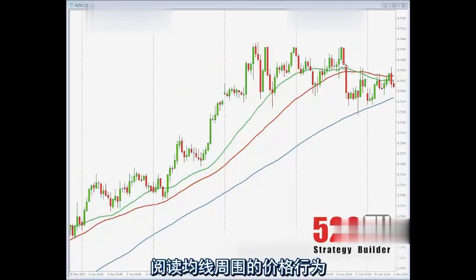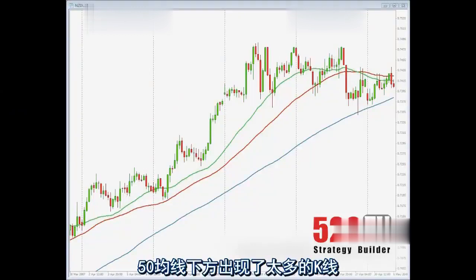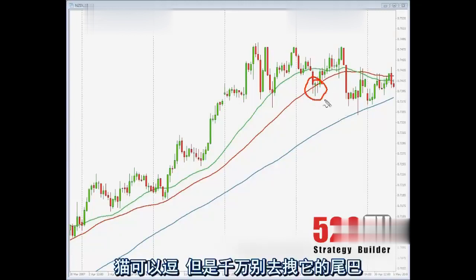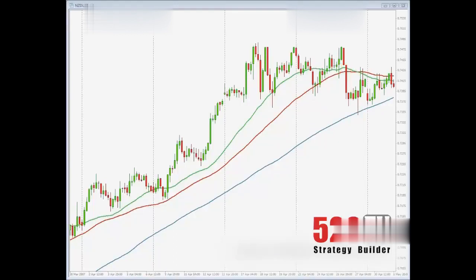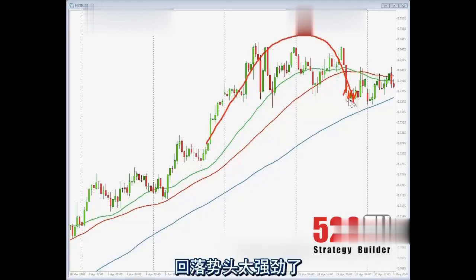Read the price action around the moving averages. Okay, have a look. Many multiple bar closes below the 50. That's important. Okay, guys, remember, this is all right. Okay, you can pet the cat, you don't want to pull its tail. All right, many closes below the 50, it's not okay. The retracement is too strong. You want this kind of retraces,